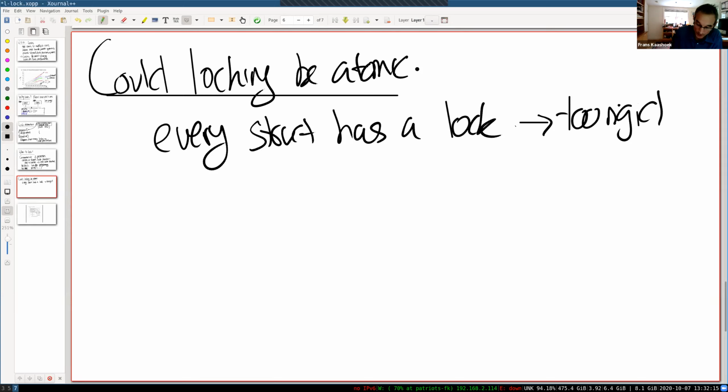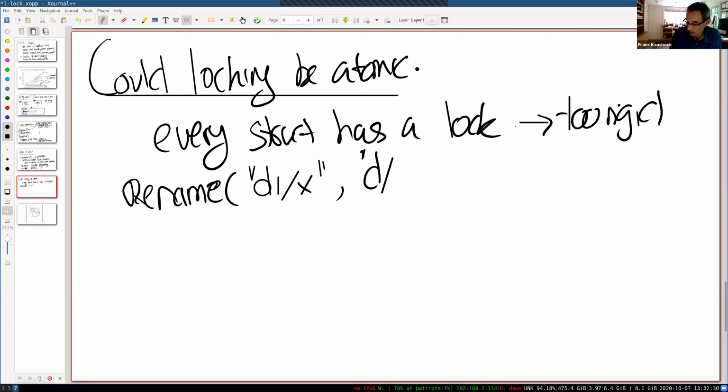An example from an operating system is the following. Let's say we have a call like rename that moves a file name from one directory to another directory. So let's say we have D1/X, and we rename it to D2/Y. So we have a file name in the directory D1/X, and we rename it to D2/Y. If we follow the rigid rule, this rule of automatic locking, then what would happen is,